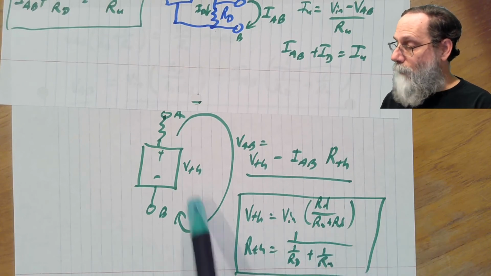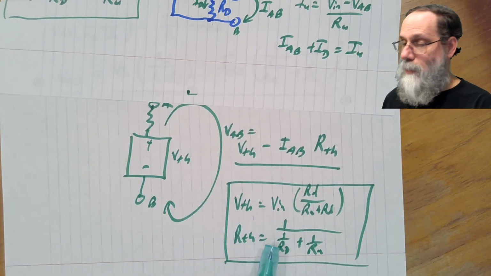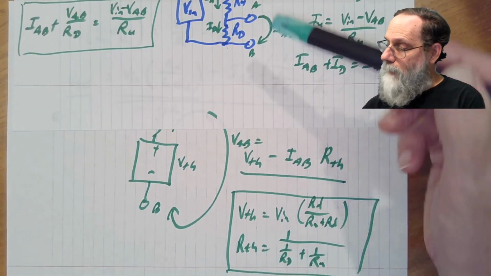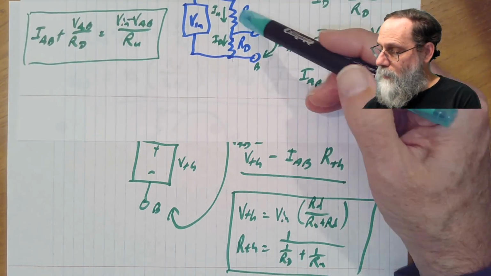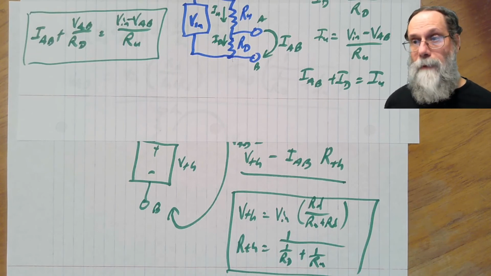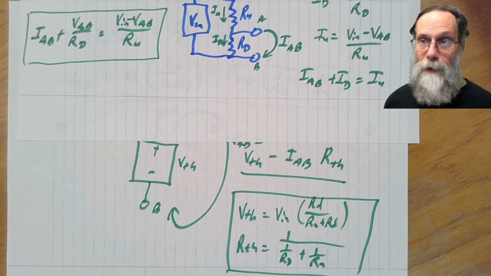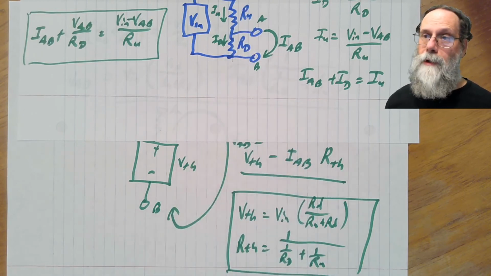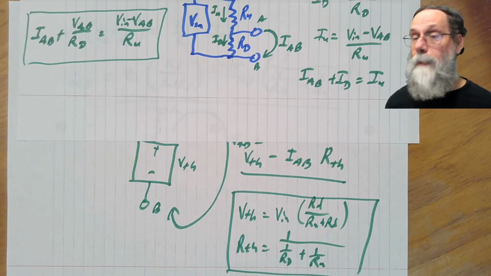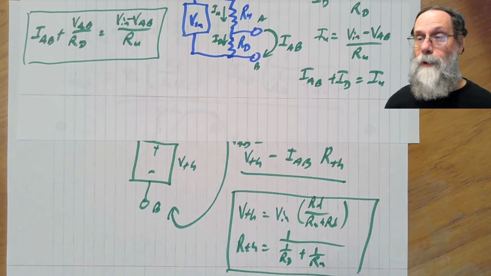If we take current from it, we're going to reduce the voltage we get across there, and the equivalent resistance, so if we have that voltage source and then put a resistor in series with it, the equivalent resistor would be what we would get from putting Ru and Rd, these two resistors, in parallel, because this is the same formula we had for parallel resistance. So the Thevenin equivalent of a voltage divider has a voltage source that's the voltage divider voltage, and has a resistance that is the two resistors of the voltage divider in parallel. And that's a very simple formula to remember, because you already needed to have memorized both these formulas for other purposes.